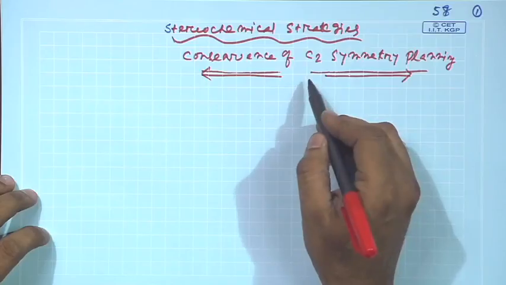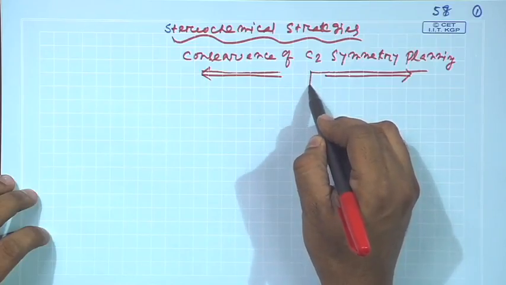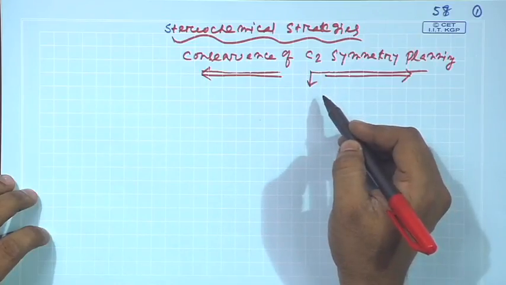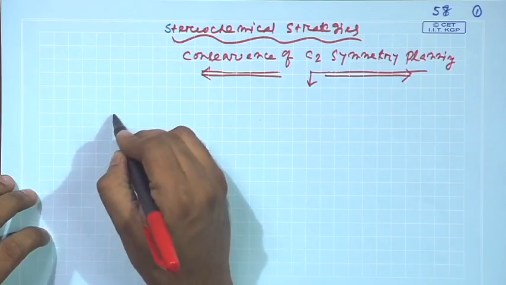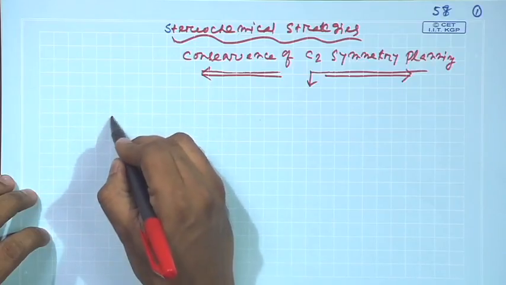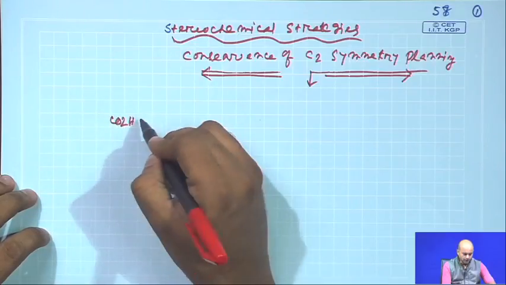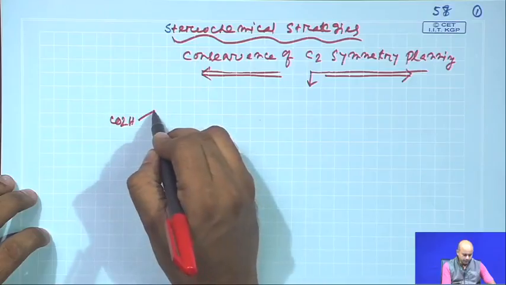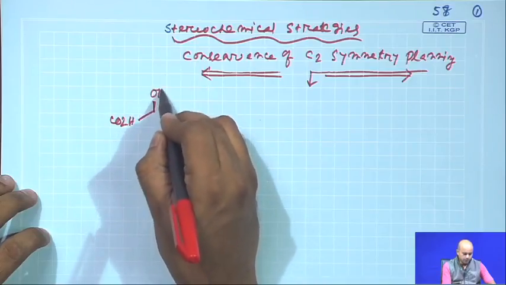At that point, we also said that another symmetry element, the C2 symmetry element, plays a very unique role in synthetic design. If you have C2 symmetry in your molecule and it is constitutionally symmetrical, the left half and right half become homotopic, which is an extra advantage. Before we go into detail, I will again draw a very simple C2 symmetric molecule,